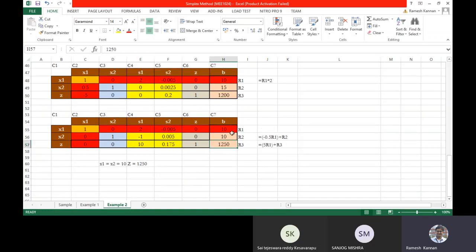So we have come to a conclusion that z is no more a negative value, which means that we have reached an optimum value. If you remember the manual calculation, you got x1 to be 10, x2 to be 10 and z value to be 1250. So this is the x1 value and x2 value, and the z value is 1250. So this is the simplex method. Are you able to understand this? Yes, yes, sir. Okay, so this is another way in